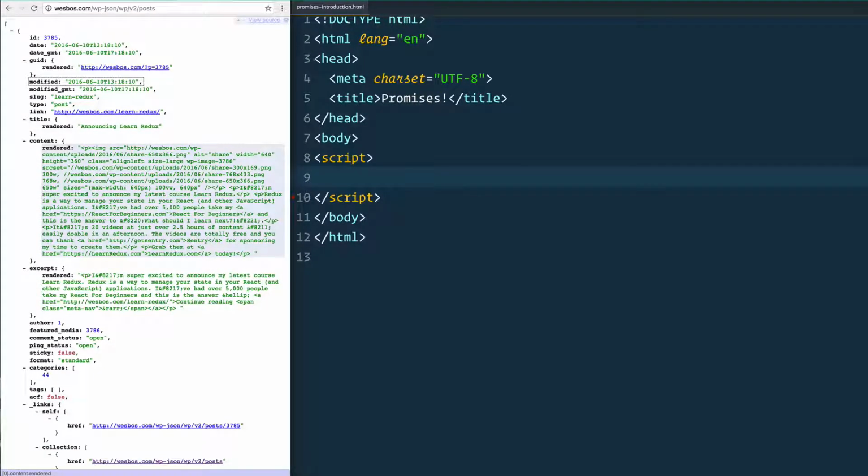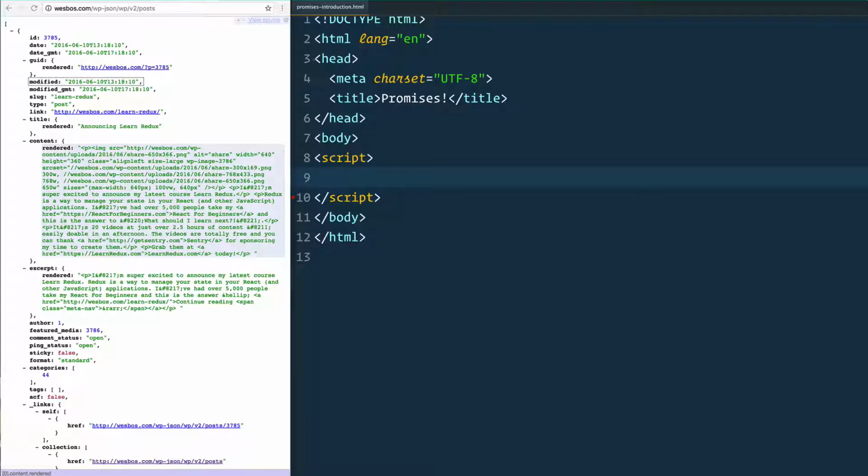So what is a promise? A promise is something that will happen between now and the end of time. And a really nice way to think of that is something that will happen in the future, but probably not immediately. And in order to understand this, we need to be reminded that JavaScript is almost entirely asynchronous, which means